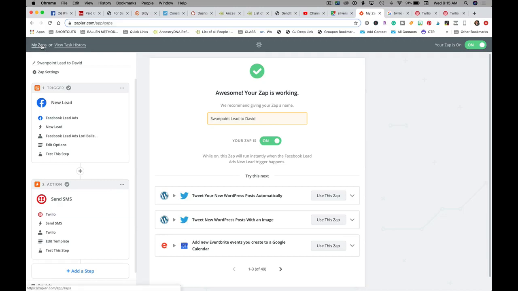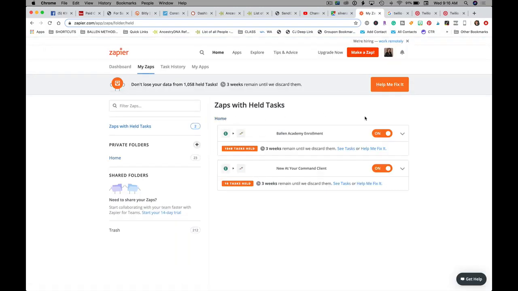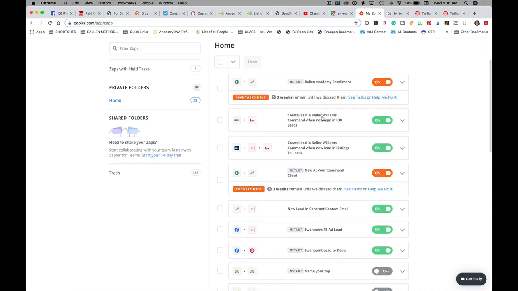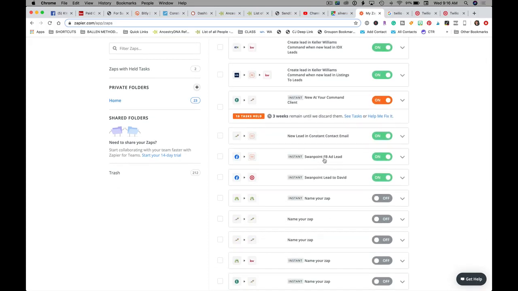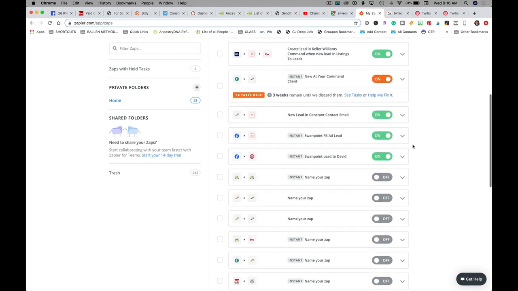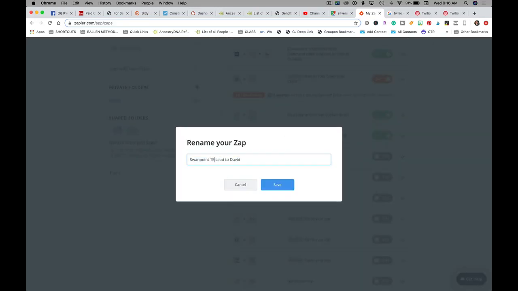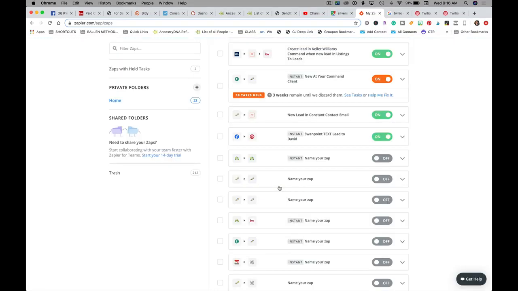If I want to go back to my Zaps now, and let's just say I now want to run another ad for another listing, and I want it to go to David. Then I'm just going to find my Zaps, and I'm going to find that Swan Point one. See it right here, Instant Swan Point Facebook ad. Actually, that was a dummy. Let me do the next one. Okay, right here. Swan Point lead to David. That's the text. In fact, I should change that to Swan Point text lead to David, because we're going to do an email now. And now all I have to do to copy that is just go right here and click